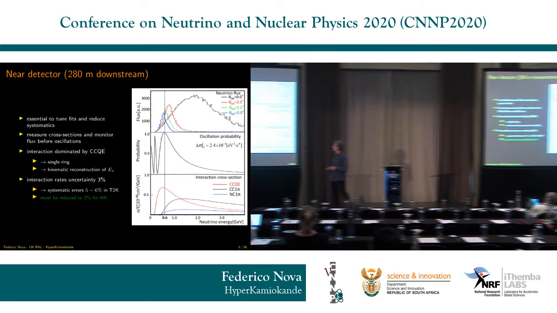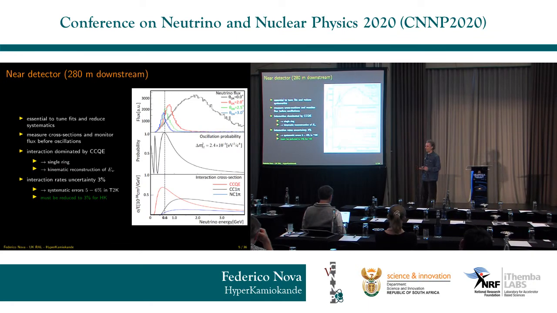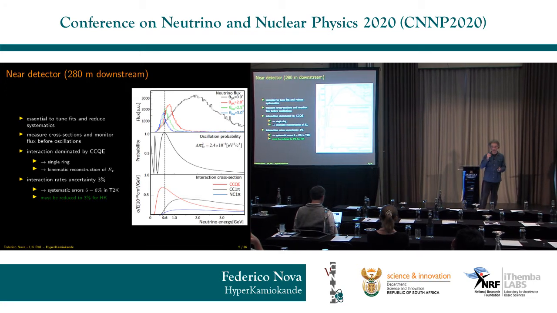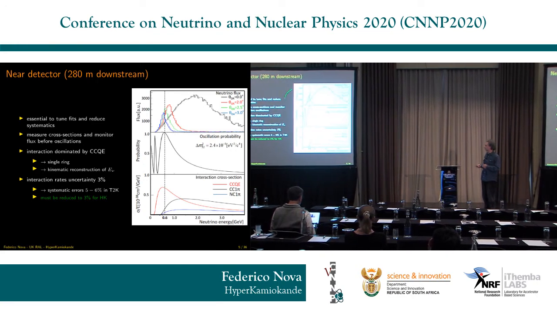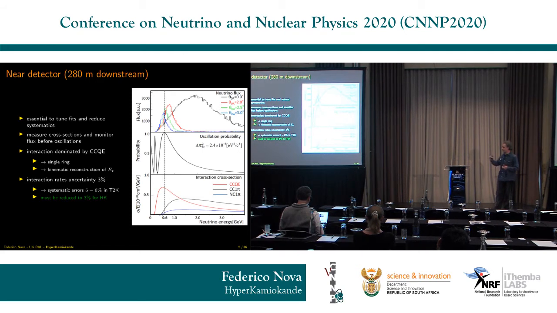So then, after the beamline, there is the Near Detector, which by now I would say is an entirely standard feature of the long baseline experiments. It's an essential part, as was also told today, to really reduce quite dramatically the systematic errors. So it's used to constrain the parameters when you make the fit for the far detector data, and essentially to measure the profile and the composition and the spectrum of the beam before oscillations have happened, and to measure the interaction rates before the